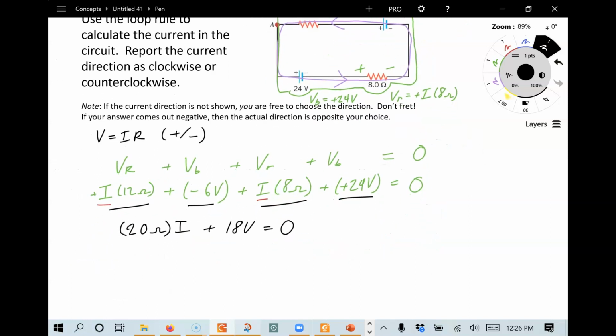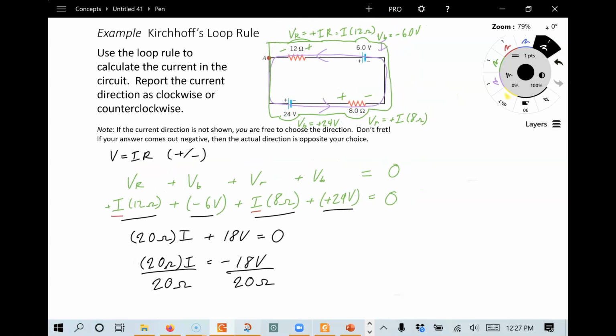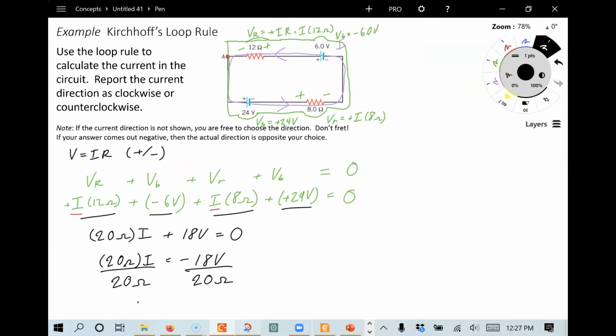And just a little bit more algebra here. Let's solve for I. That's 20 ohms times I equals minus 18 volts. Let's divide to calculate the current through that loop. We get an answer here. I is equal to minus